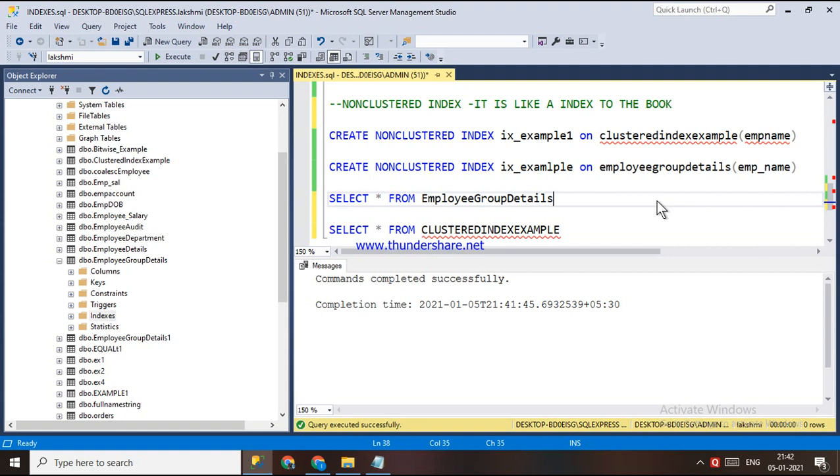If any selected column is not present in the index, it has to go to the main table to retrieve the data. In that situation, the clustered index is faster. This is the difference between a clustered index and a non-clustered index.